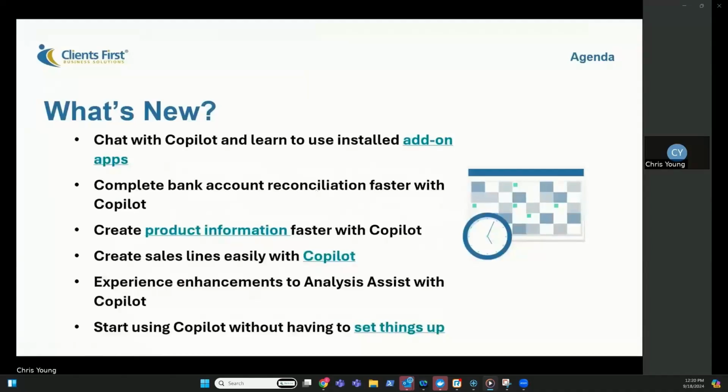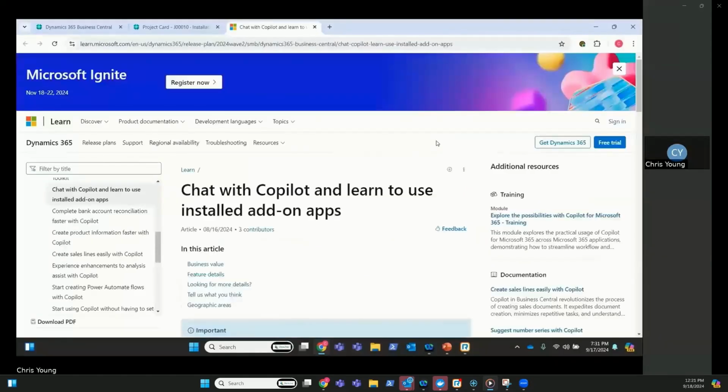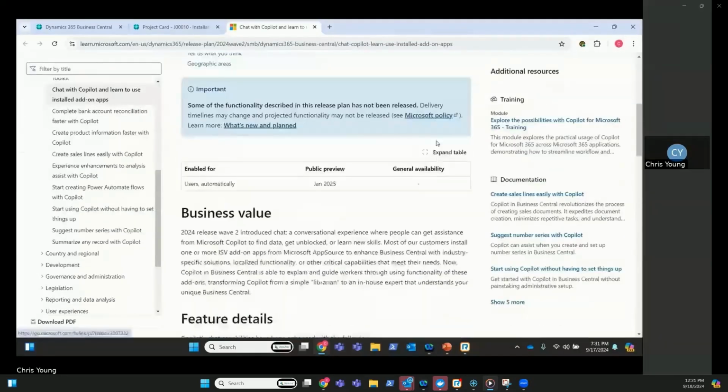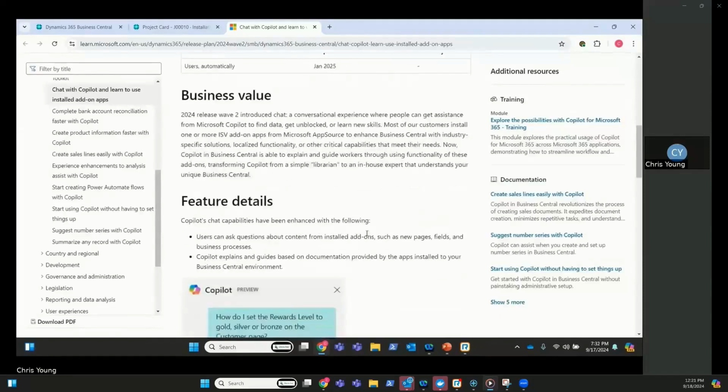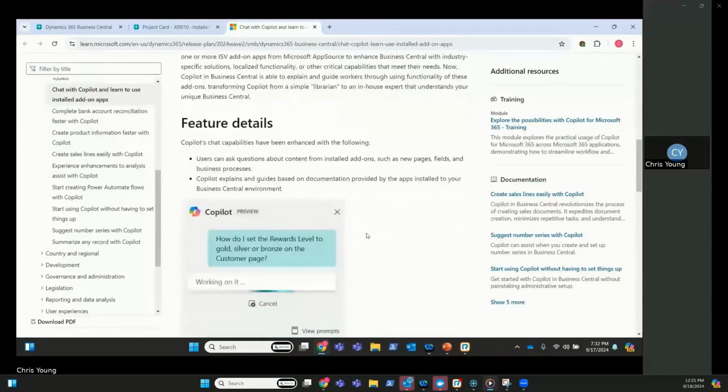Chat with Copilot to learn to use installed add-on apps or extensions. Chat with Copilot is a fantastic utility, and I'm going to show a couple of features of how that works. But with Copilot, new extensions and add-on apps will have support for chatting with Copilot. So with Wave 2, the chat function, and I'm going to show you how the conversational experience works, users can ask questions. So let's say that we